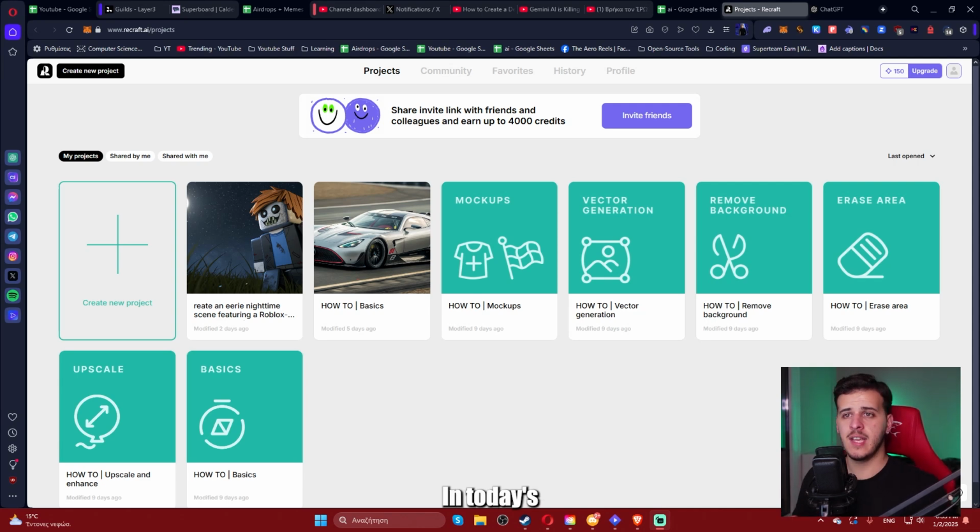Hello guys, in today's video we're going to try a free AI generator. It will be on the first link down below and we're going to be testing out Recraft.ai today. So we're going to be generating high quality images and I will show you different workflows to try with Recraft